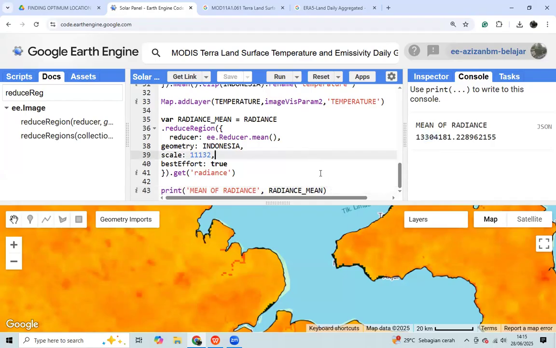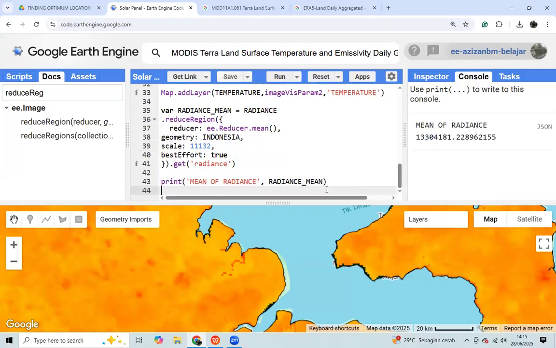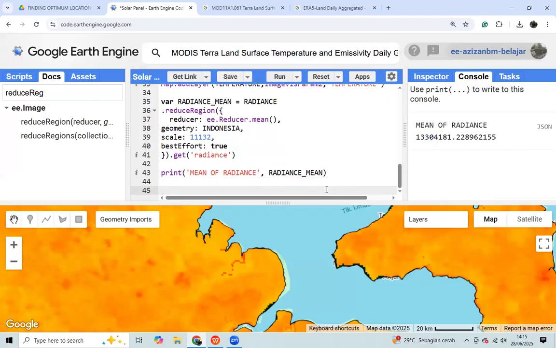After we find out the mean of radiance, we can also find the mean of temperature in Indonesia.